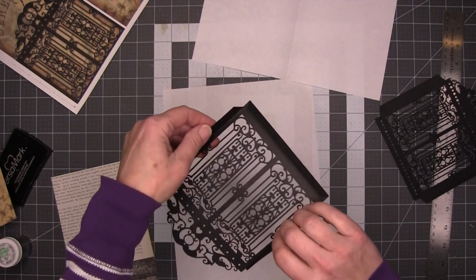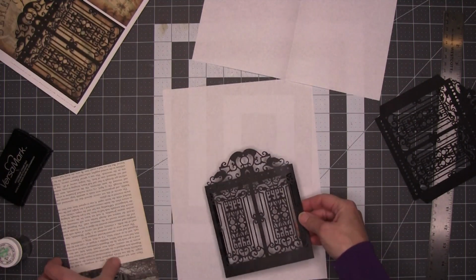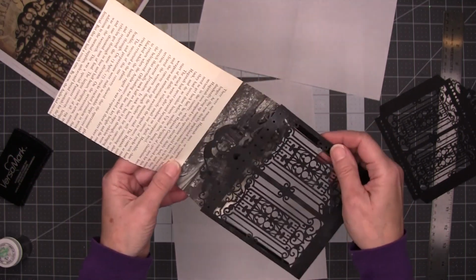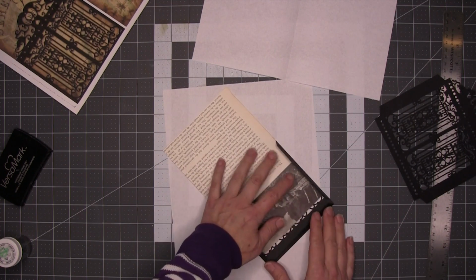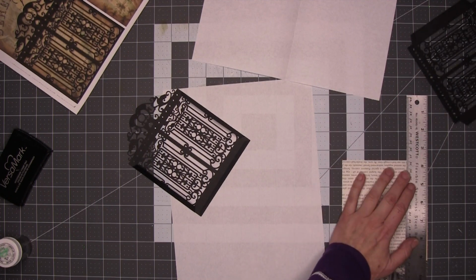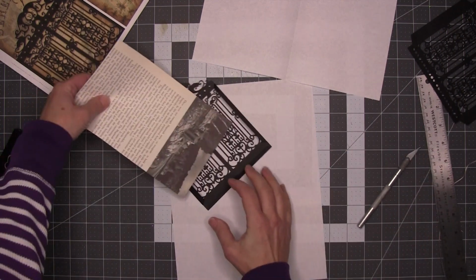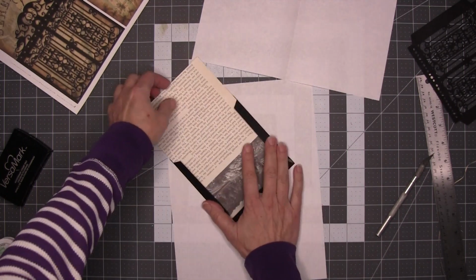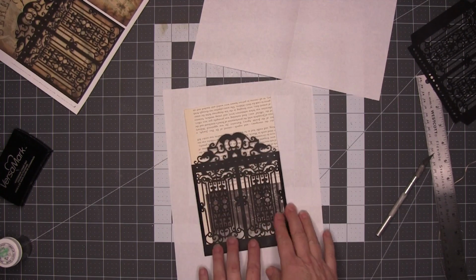So, how am I going to do that, you ask? Well, first thing I did is I scored where it's going to fold around the cover sheet, and I'm going to keep it scored with a piece of scrap paper in between, assuming I can get it in there. It's really much easier when the camera's not on, I'm telling you. All right, this piece is a little big for this. Let me trim it. Quick trim. But we do want it to be pretty tight and pretty much like it will be when it goes into the actual cover. Let's see if that's better. Yes, okay. So we have a piece of paper underneath it, excuse me,